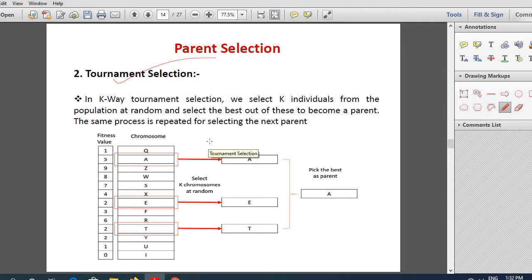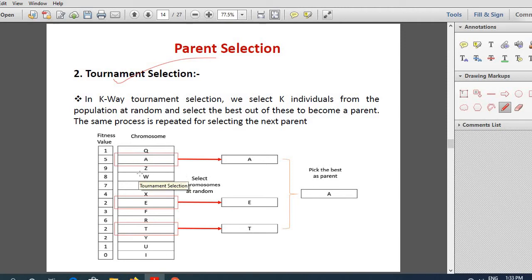If it is a 3-way tournament, it means that out of the initial 100 population members or so, you select 3 individuals from the population at random. Out of the total number of chromosomes in the initial population, here about 13 has been represented.